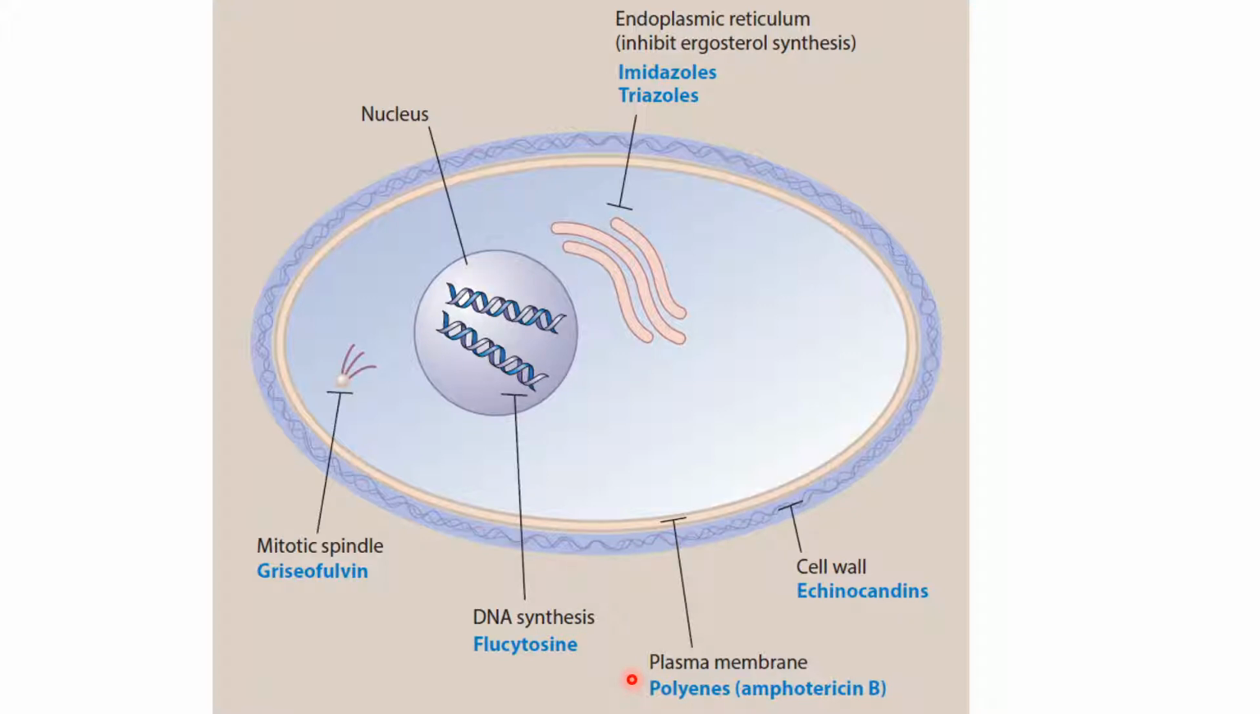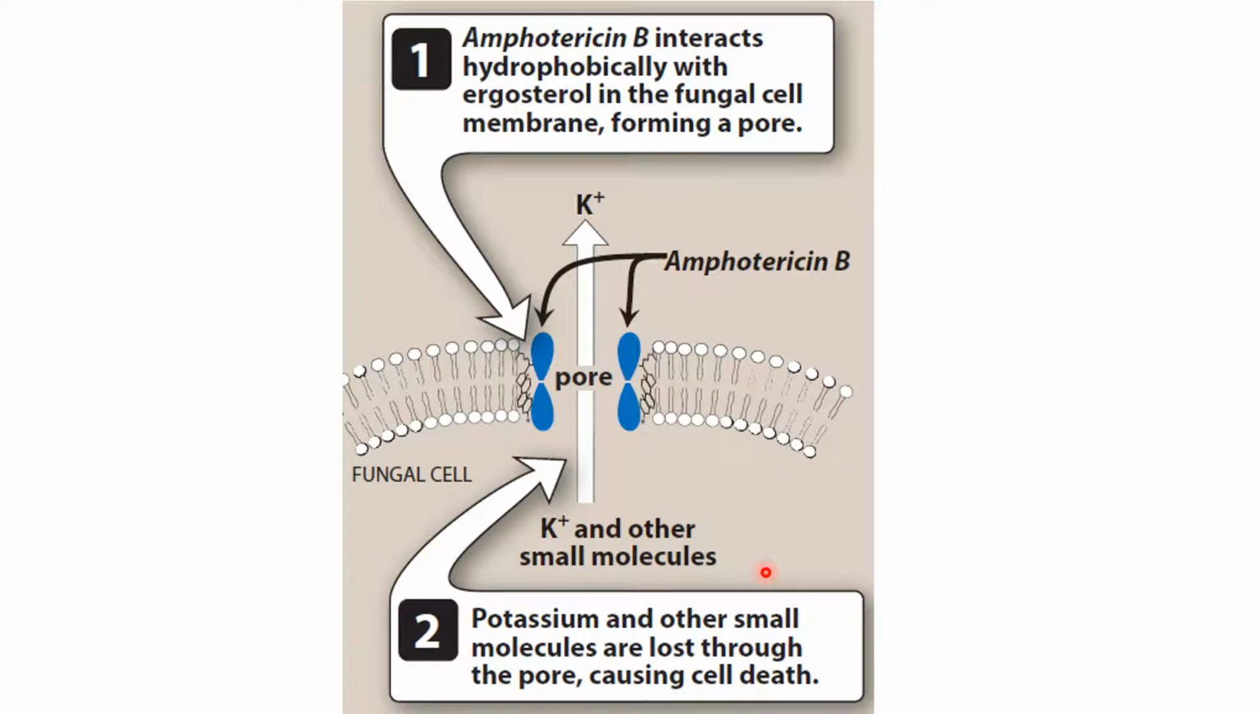And then there are plasma membrane inhibitors or polyenes. This includes amphotericin B. We will discuss this in detail very soon. And then the cell wall inhibitors are echinocandins. This is a new type of drugs. So amphotericin B is the most common drug used for the treatment of fungal diseases or mycosis, and the mechanism of action of amphotericin B is based on the connection